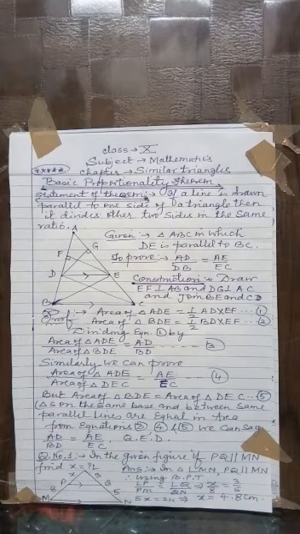Similarly, you can prove area of triangle ADE upon area of triangle DEC equal to AE upon EC using the same argument. If you consider triangle ADE, its base AE and altitude DG, and similarly triangle DEC and its altitude DG, you will get this equation 4. But since you have proved this type of result once, a similar result you can always write directly. So similarly, we can prove area of triangle ADE upon area of triangle DEC equal to AE upon EC. That is equation 4.